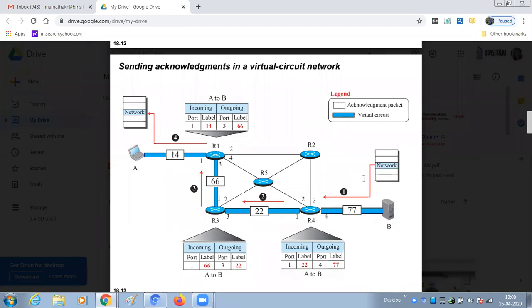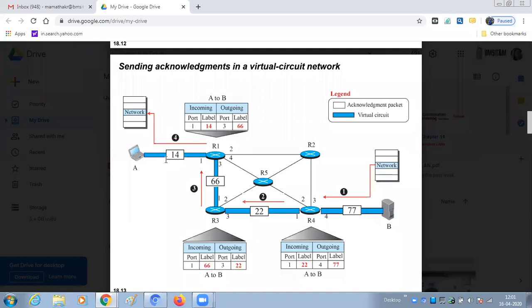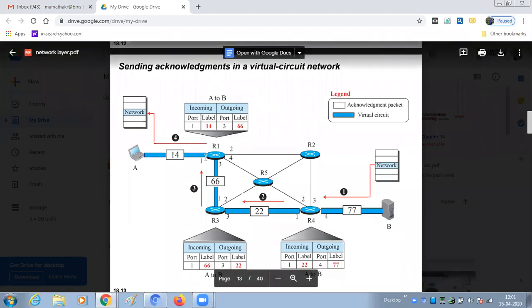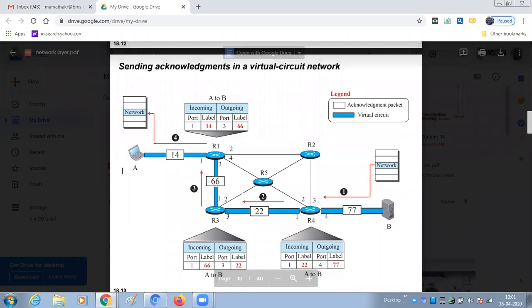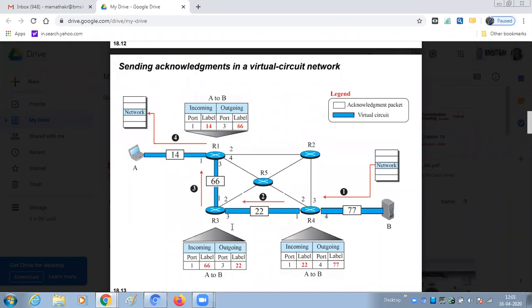Okay, so there are three processes. First process is setup process. The second one is data transfer, and the third one is the tear down. Okay, so in the first process, setup only, there will be first transmission of the request packet and then acknowledgement. Okay, once the acknowledgement comes back, all this flow table will be completely